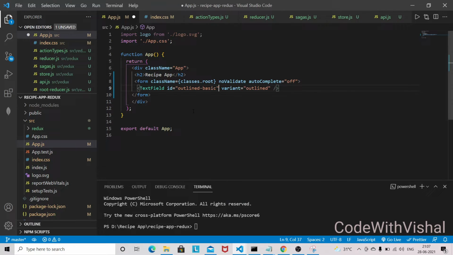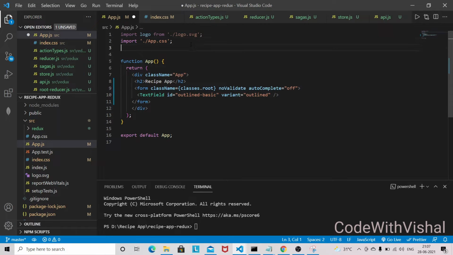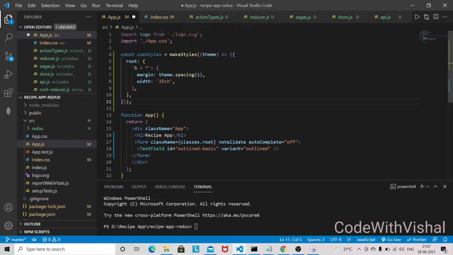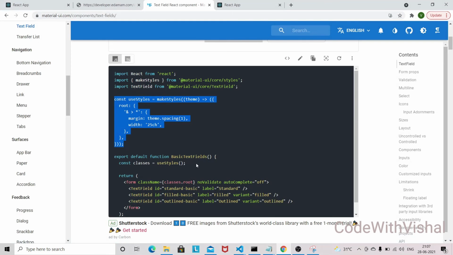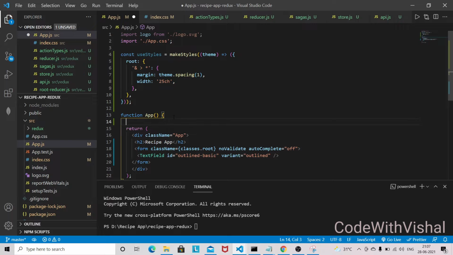and I'll go to VS Code, and I will put the style outside of this functional component, and this one we need. So copy this one and paste it here, and I am also going to increase the width of the input field.